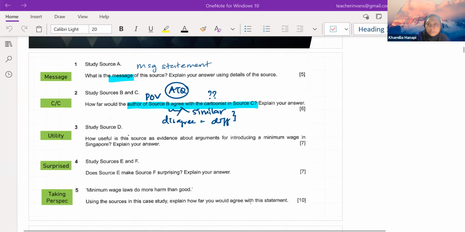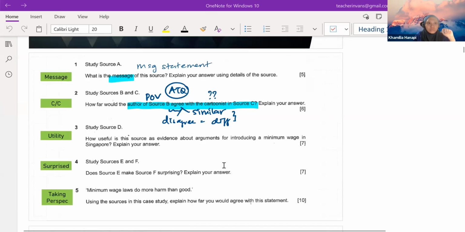They are asking you agree and disagree, so you must use the keywords of the question, because if not, it will be penalized. If you have seen all the PDFs that I've sent you, there are also snapshots for every year, snapshots of the marks report, and I'll go through slightly